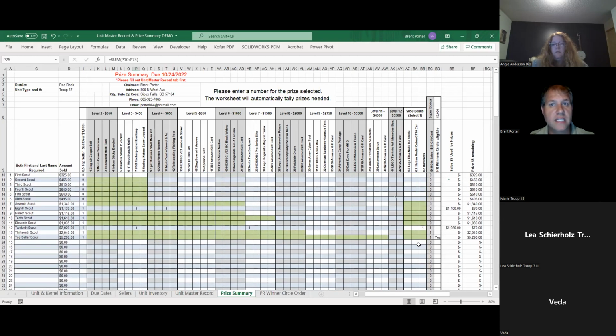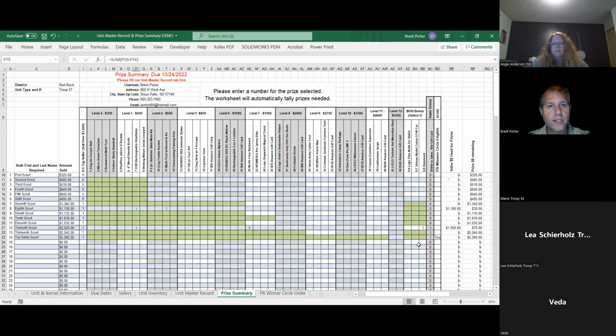All of this is going to get sent to the Colonel. Once it comes to you physically, you get all these prizes. Now you have a sheet here that tells you exactly what prize goes to what scout. Bag them up, set them aside, however you want to do it. Let them know, say, hey, stop by my house, I got your prizes for you. However you're going to do it, go ahead and do it. And this is your cheat sheet for that.